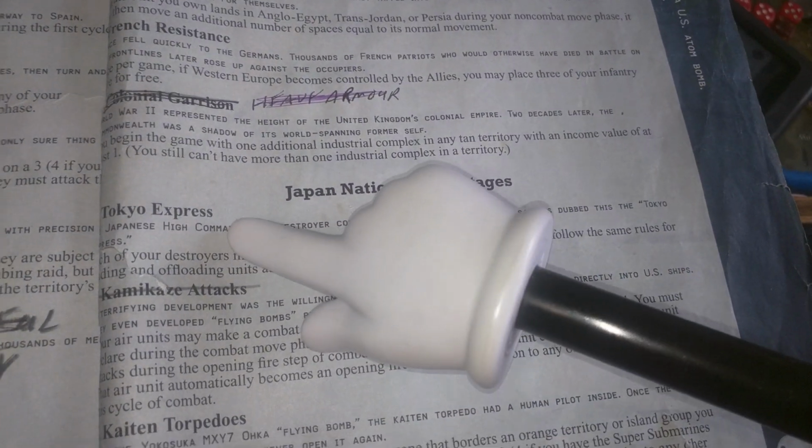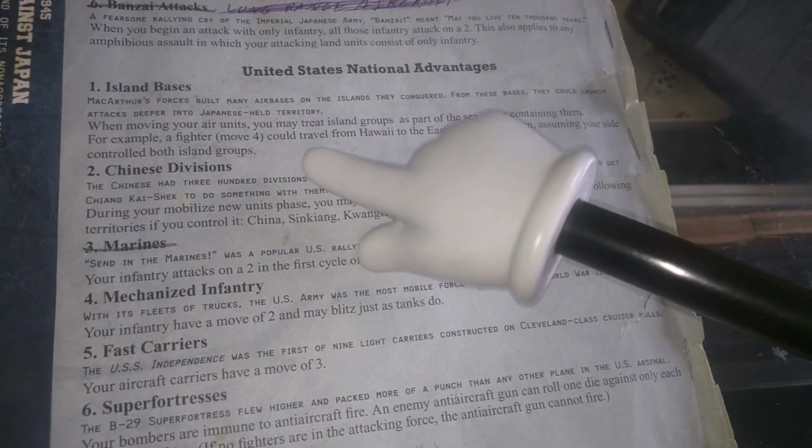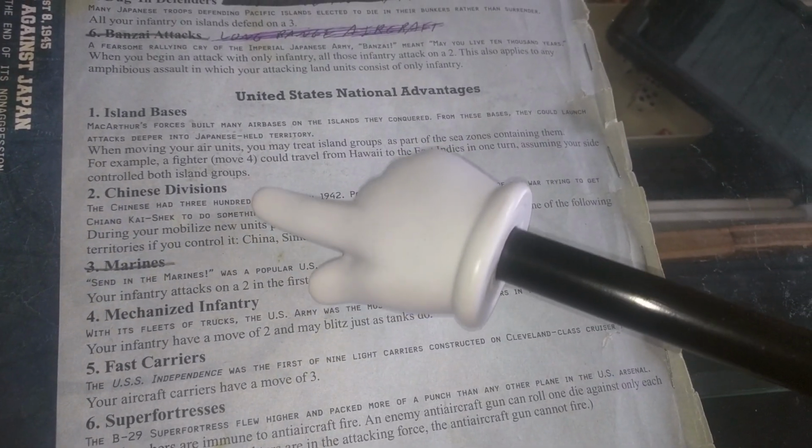Japan, they'll get Tokyo Express, kamikaze attacks, K-10 torpedoes, dug-in defenders, and banzai attacks, but not lightning assaults. I think that's too powerful. But they get 5 natural advantages, just like everybody else. United States, they'll be getting island bases, Chinese divisions, which will help out the Chinese, Marines, mechanized infantry, fast carriers,